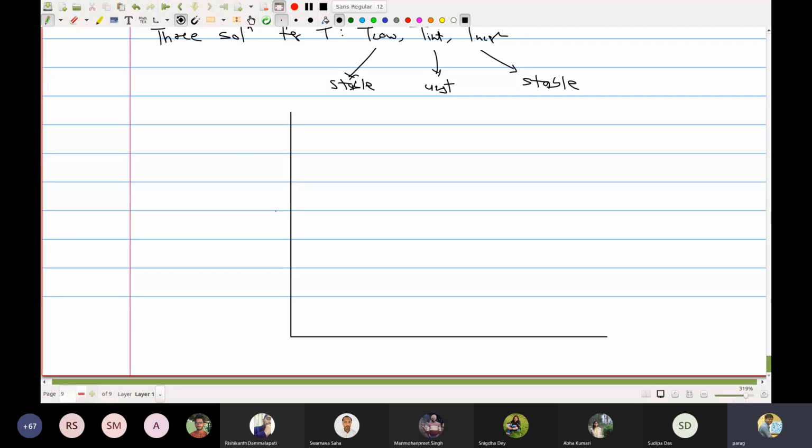So this is my jacket temperature. What would you do as a design engineer? You would like to know how much fluid should flow through the jacket and what temperature the fluid should have, so that I can maintain a particular temperature inside the reactor. That's what you will do, right?